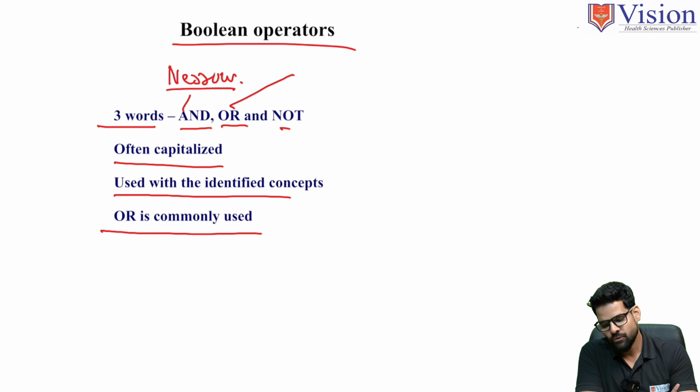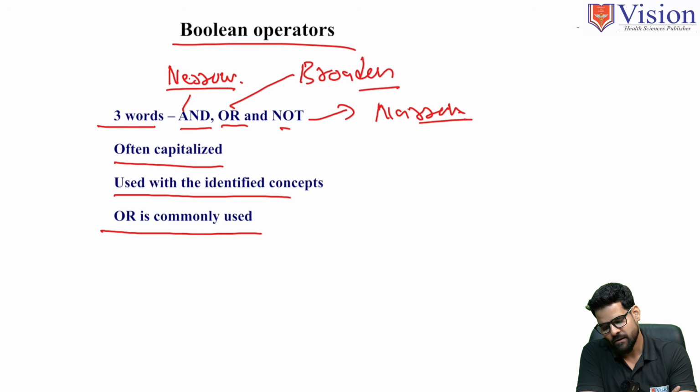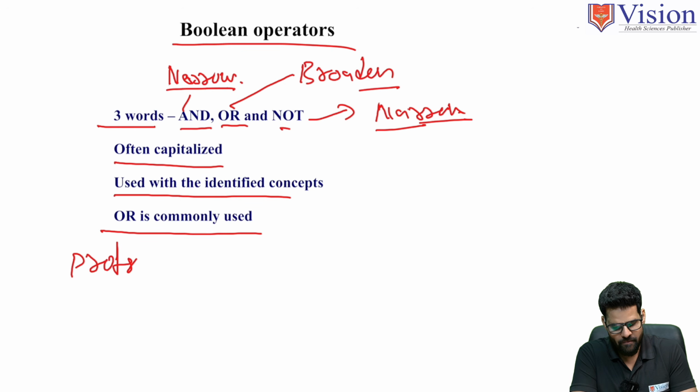Whereas OR is used to broaden the search. NOT is again used to narrow the search. Okay, AND is always used to narrow the search. Like for example, when I say professionalism,